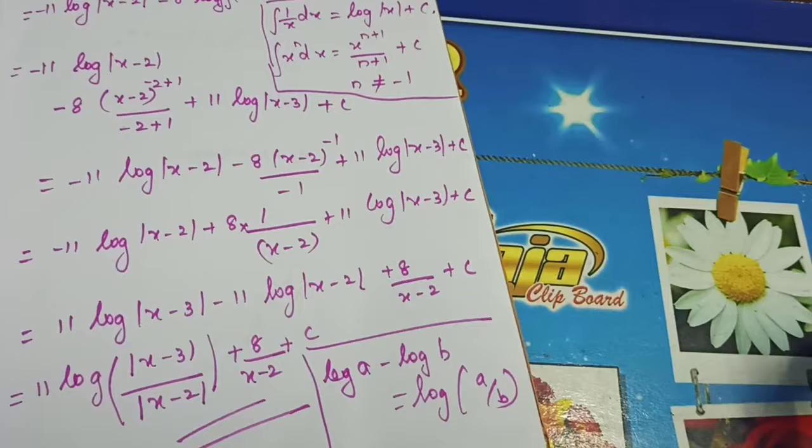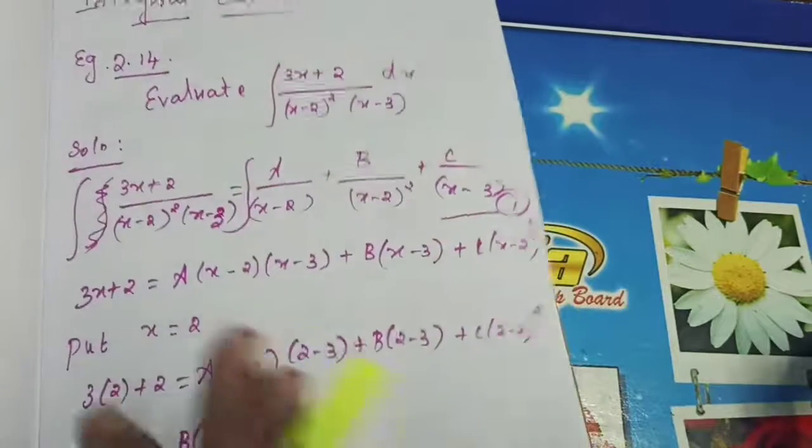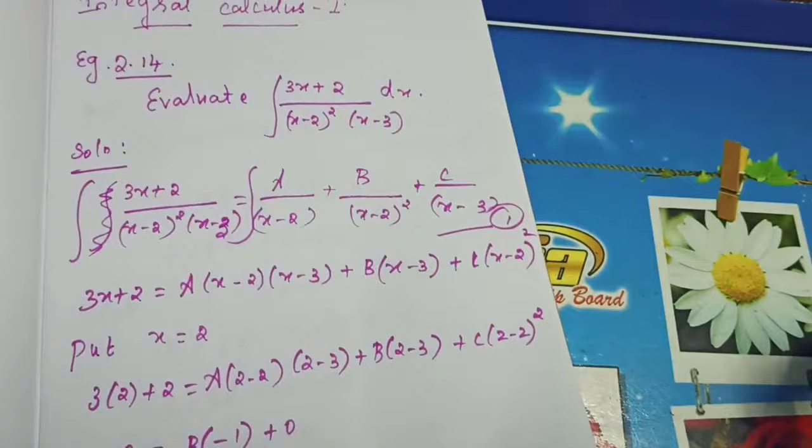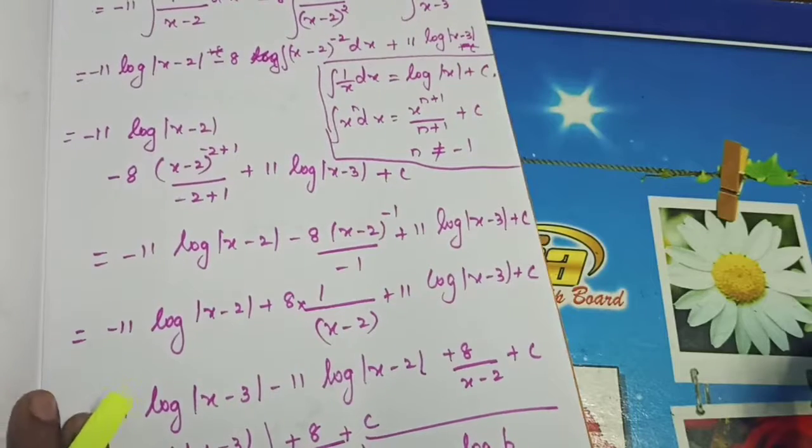Understand, students? If you are seeing the question, you will think it's a very big question. But the thing is very easy, but you need to do it very carefully. I will repeat once again for you. Evaluate, the question is given. We can't factorize the denominator, otherwise we can't divide this numerator by denominator, so it's not possible. So we will use partial fraction. Last year we learned this is type 2, (x minus 2) the whole square. So we will split as A by, B by, C by. Then find out A, B, C values and substitute in equation number 1 as integral.